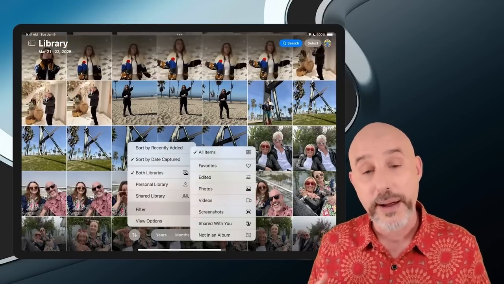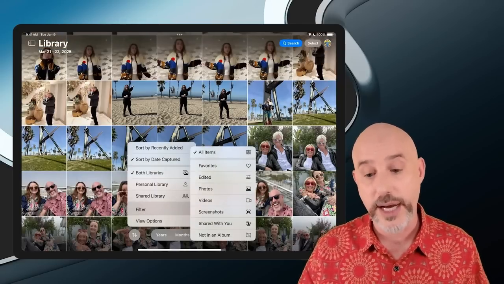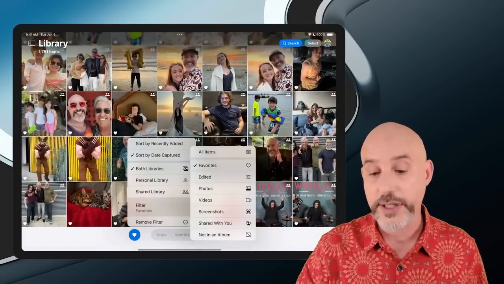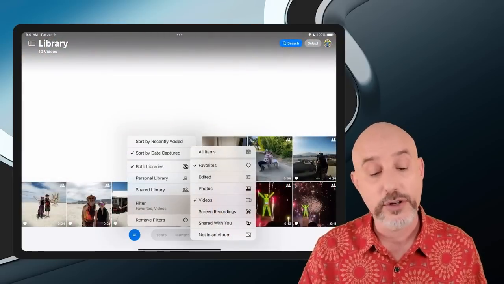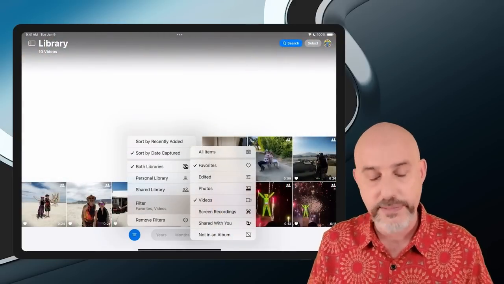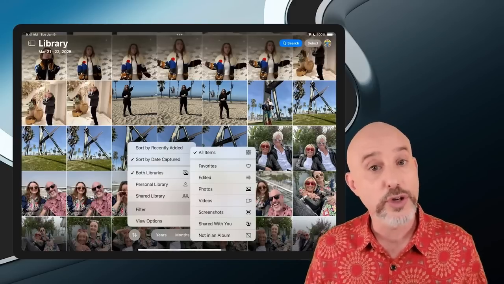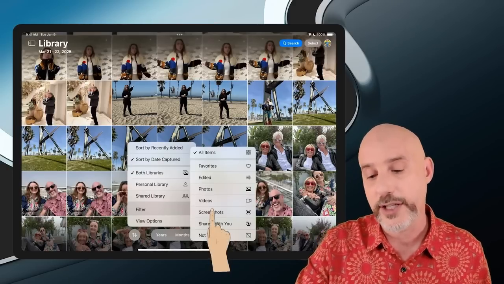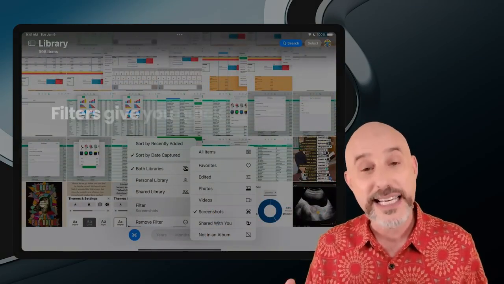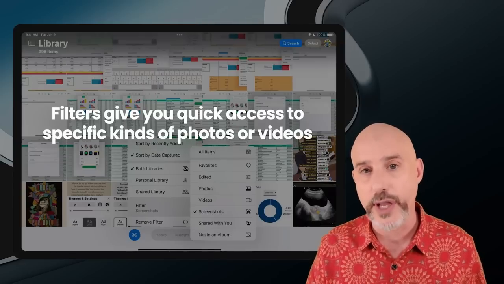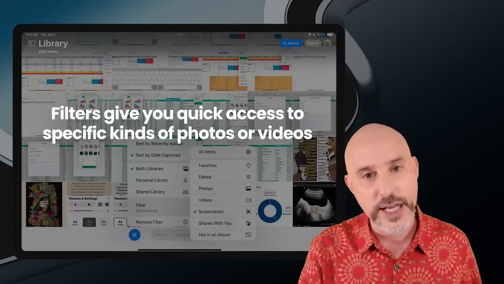You can filter it by multiple kinds of photos at the same time. So I can show all of my favorites and all of my videos, automatically showing all of my favorite videos with just a couple of clicks. You can also use this tool to quickly find all of your screenshots, just like that. It makes it easy to jump between different parts of your library without having to go outside of the photo